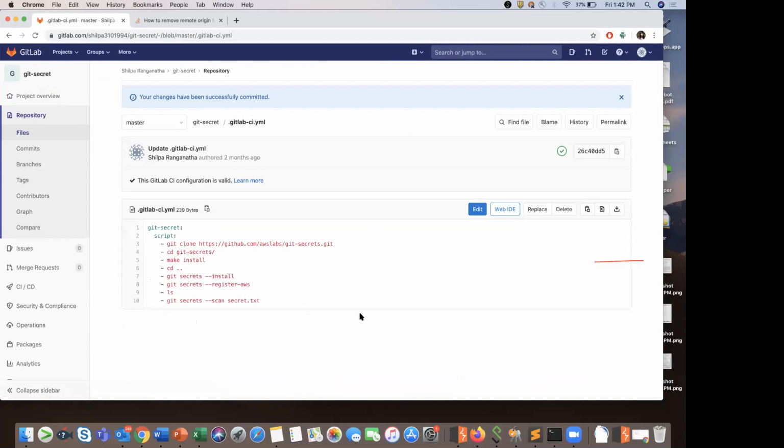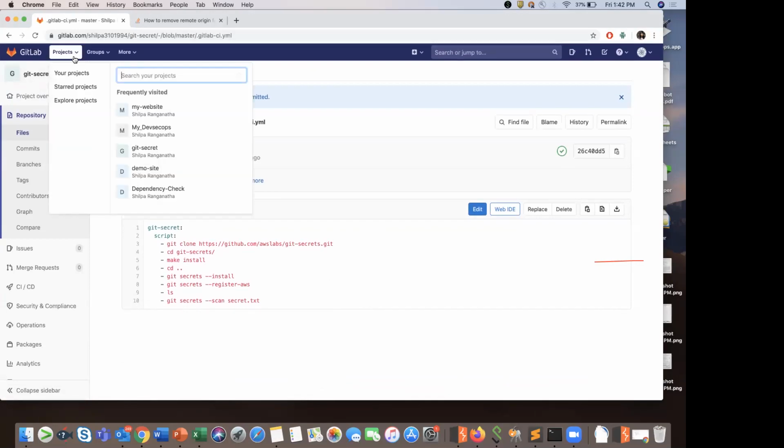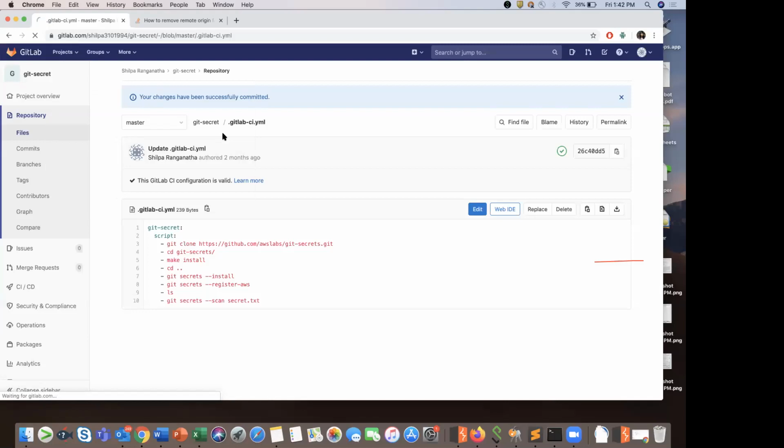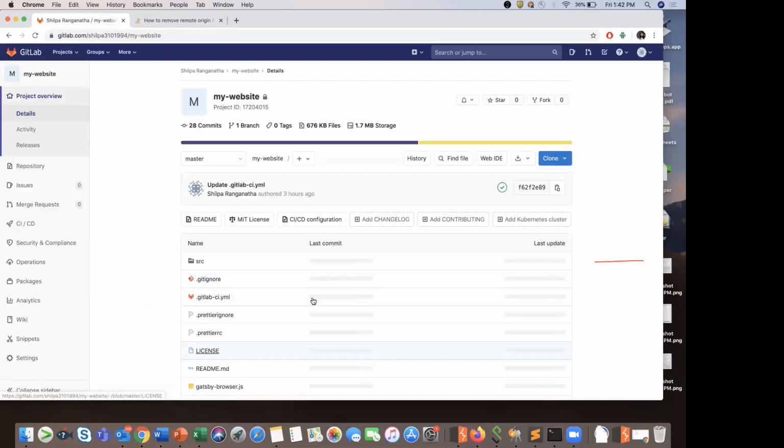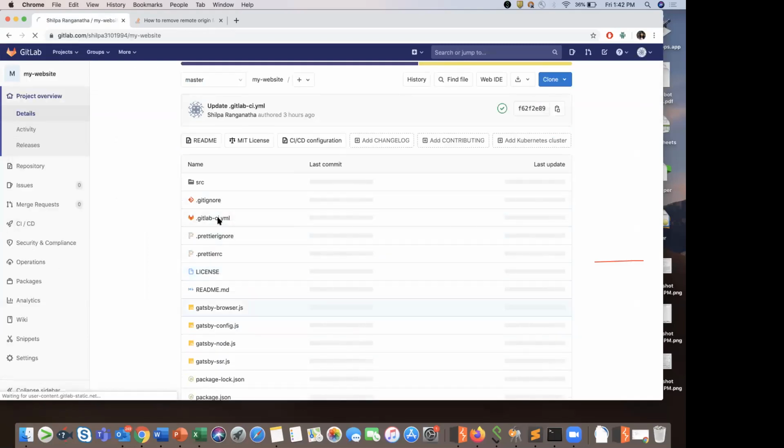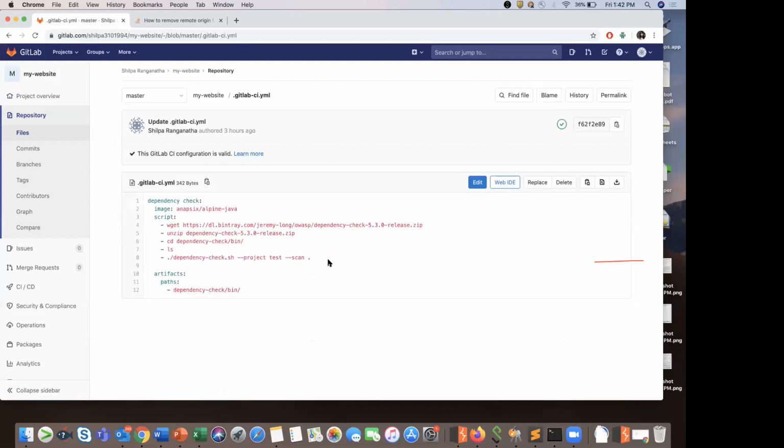Now this is going to take some time. This is the Git secret one; let me go to this one, my website thing. Yeah, this is our OWASP dependency check configuration file.